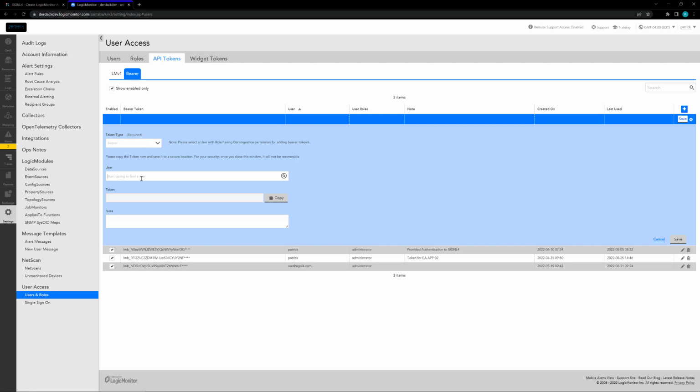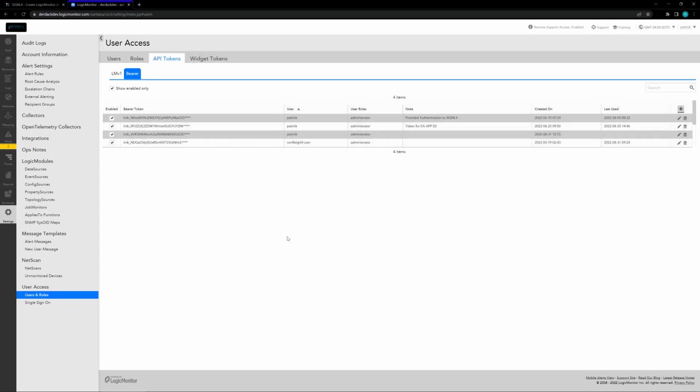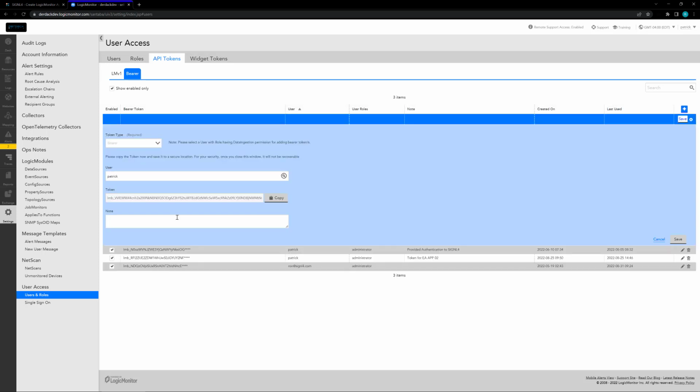And next up is you need a user, and you can use any user that we have here. And what I'm going to go ahead and do is type in the Patrick user, because I know Patrick is a user inside of the program, so we're going to use his. Once that's done, you'll notice that a token is automatically created. Make sure that we actually save the API token inside of Logic Monitor. So I'm going to go ahead and save this,